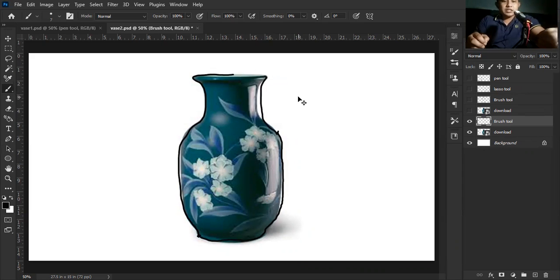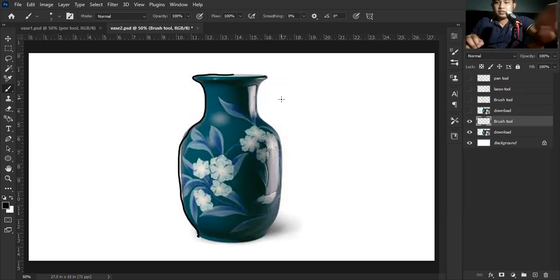When you make mistakes, you can always press Ctrl Z to bring it back to its previous state.